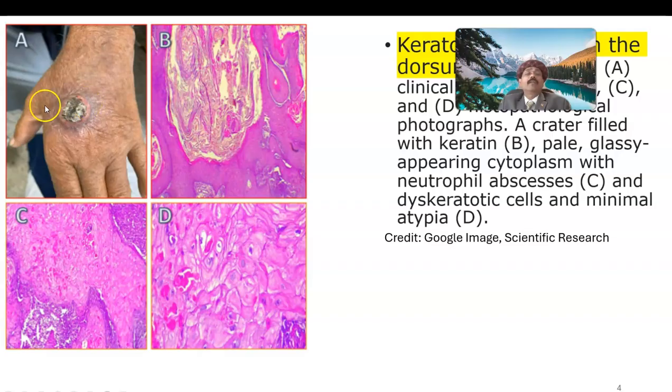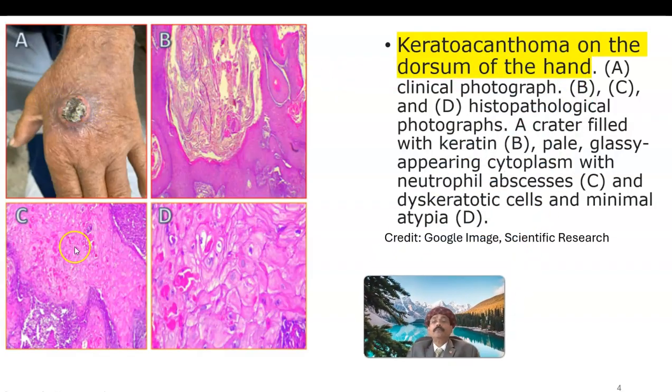Okay, this is the keratoacanthoma. This is keratoacanthoma on the dorsum of the hand, but it may happen in other sun-exposed areas like the face, on the ear, on the upper part of the chest or upper part of the back. So this is the clinical photograph,